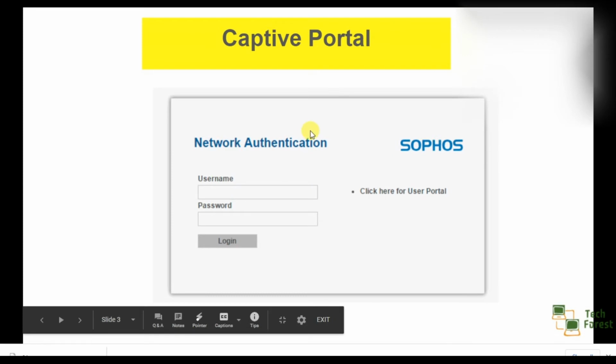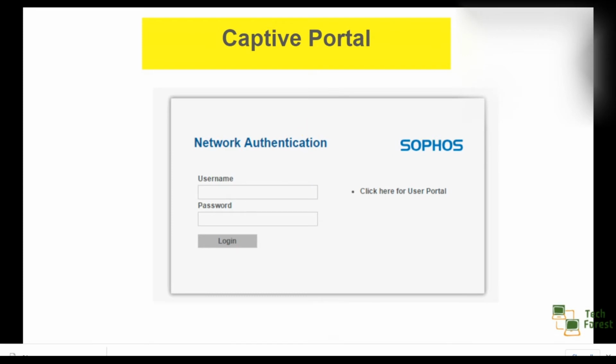This is a captive portal page, and we as network admins will provide an ID and password to every employee so that they can log in every day. Without logging in on this portal, internet will not work. In this case, if we want to increase or decrease the access rights of any user, then we will do it on his username, not on an IP.